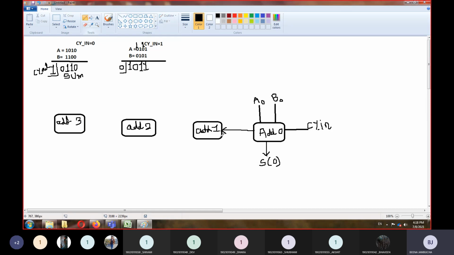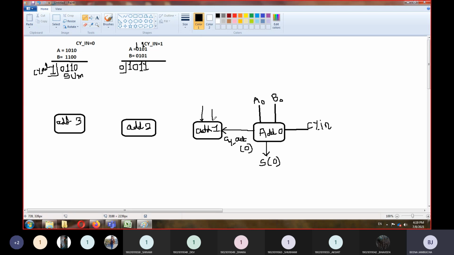Whatever carry is generated in the 0th full adder, the one with A0 and B0, we give it a separate name. Let's say this is CY out, CY underscore out. This is the carry of the 0th bit, so I will call it CY out 0.